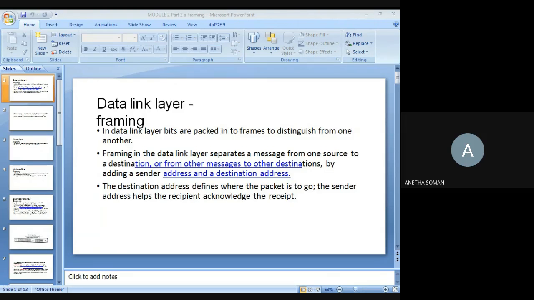Two types of framing are fixed size framing and variable size framing.